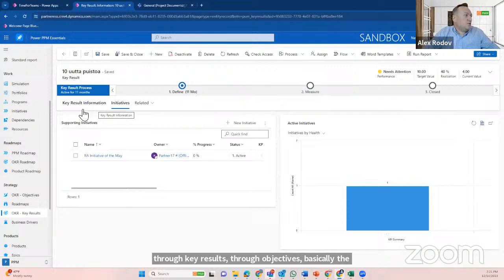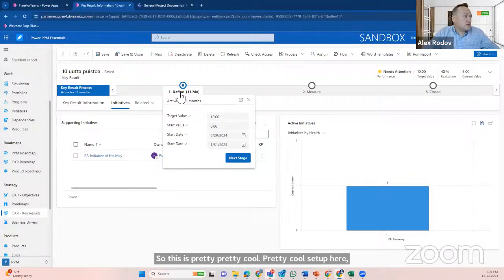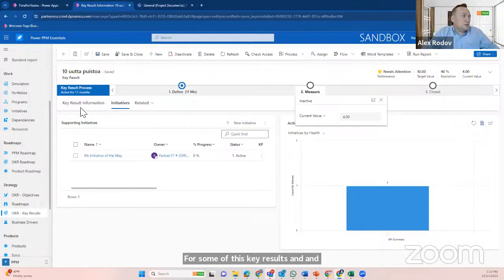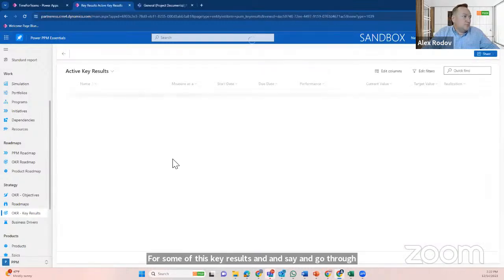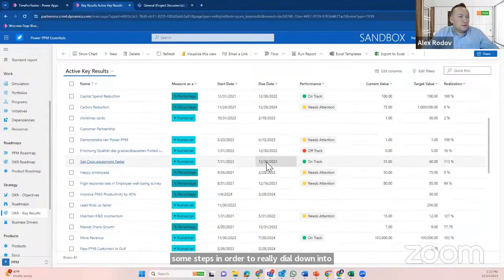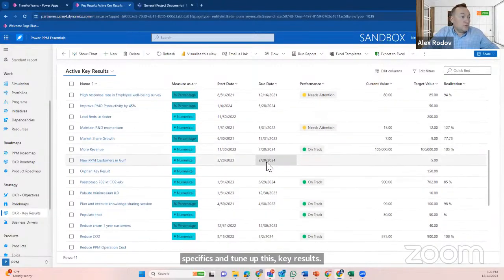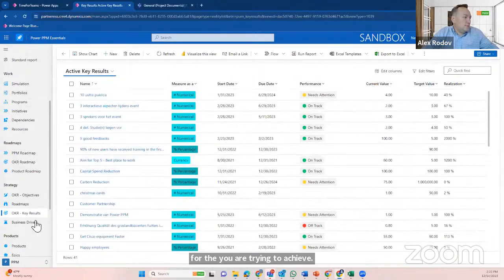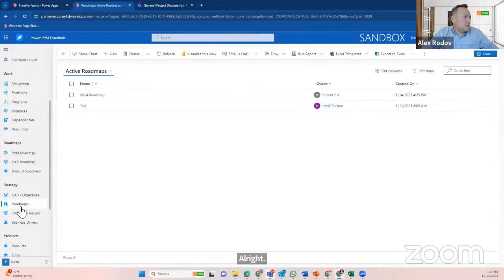So this is a pretty cool setup, where we can even go through some governance of these key results and have the powers that be do a tune up for some of these key results and go through some steps in order to really dial into specifics and tune up this key result so it reflects more and more realistic results for what you're trying to achieve. All right, and as far as roadmaps,